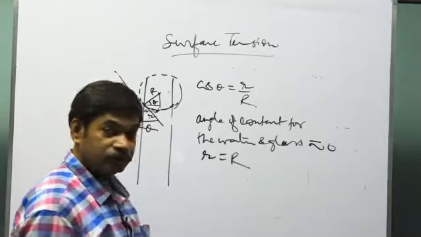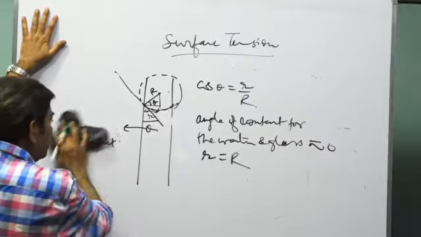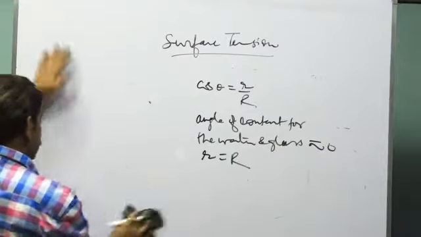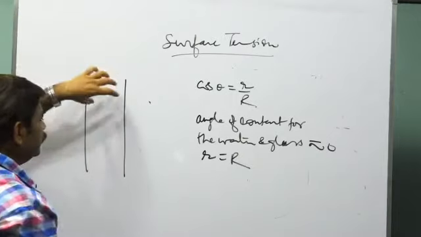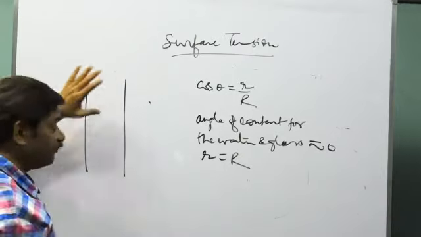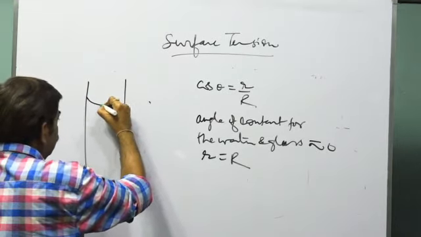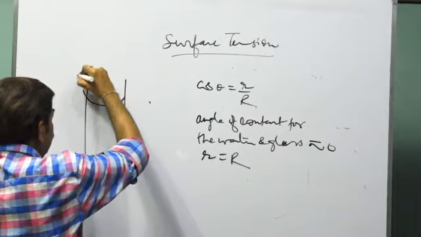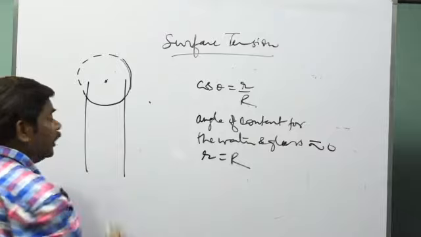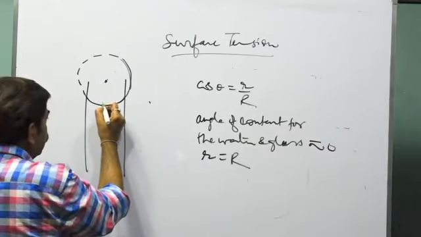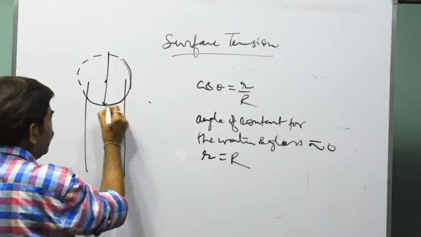Is that clear? Now see, I make a separate figure to make my point clear. Now look at this. So here there is a capillary. I have taken the diameter to be bigger just to make the figure much clearer. Now look at this. This is the meniscus of the liquid. This is the center of the meniscus. Now see, because this side is open to the atmosphere, the pressure at this point will be what?